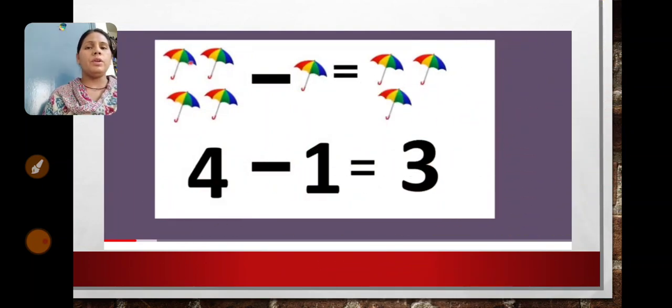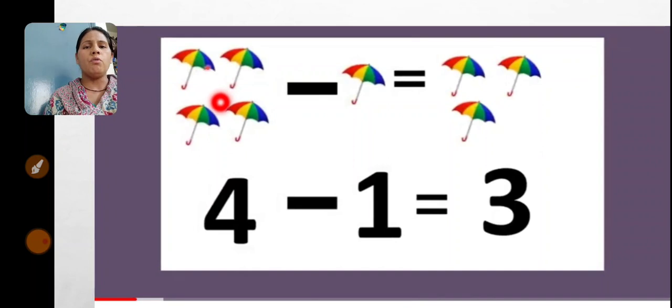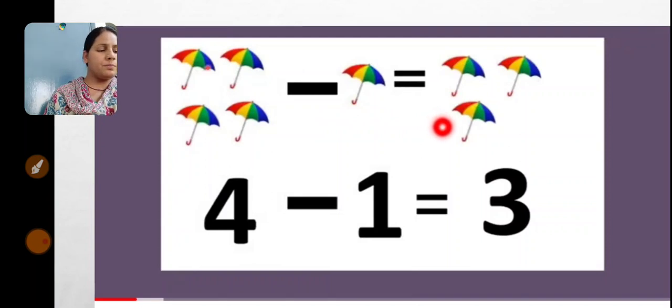For example, in the above picture, there are 4 umbrellas. As you can see in this picture, there are 4 umbrellas. In 4 umbrellas, one umbrella is taken away. Now there are only 3 umbrellas. So the process of taking away from a collection is called subtraction. We have 4 umbrellas. One umbrella is taken away,